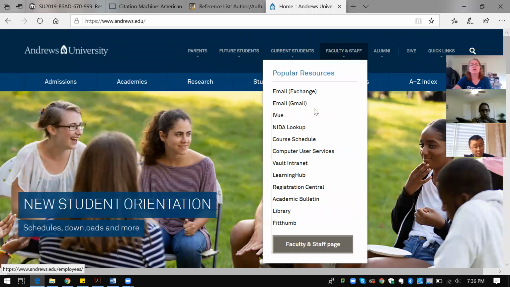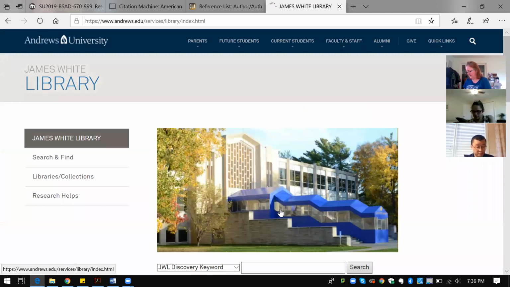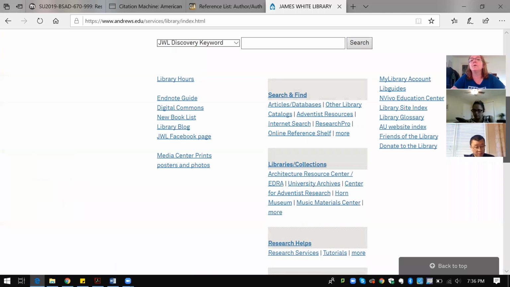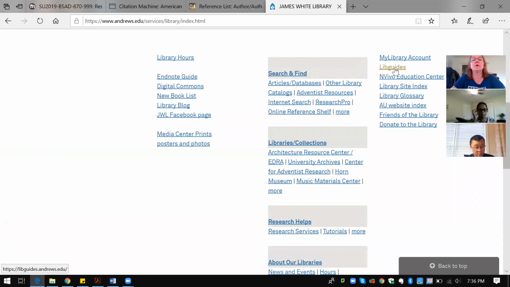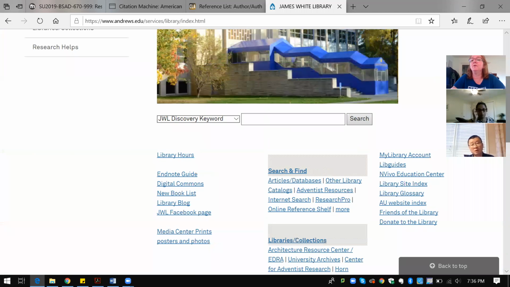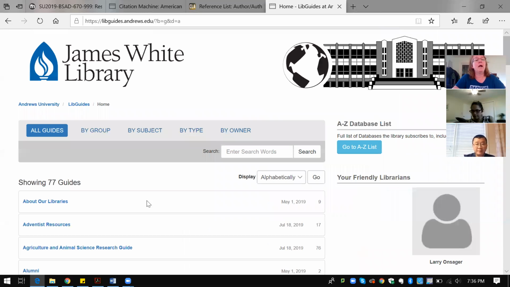And let's go to library. And we're looking for library guides. So do you see the third column over here that says LibGuides? Can you see that? Yes. Where my mouse is pointing? Okay. So LibGuides,